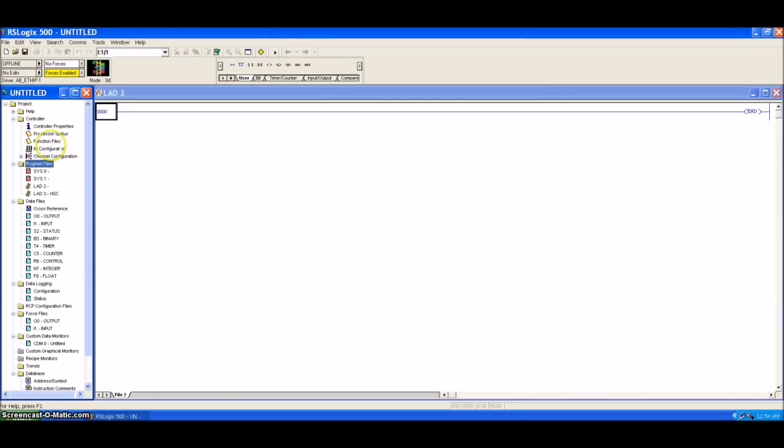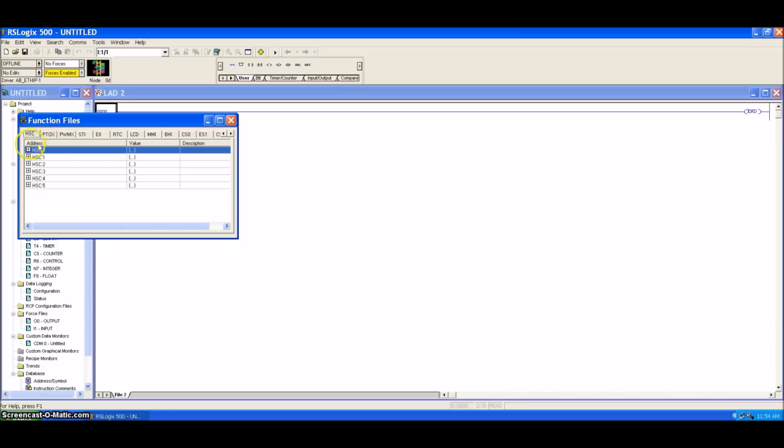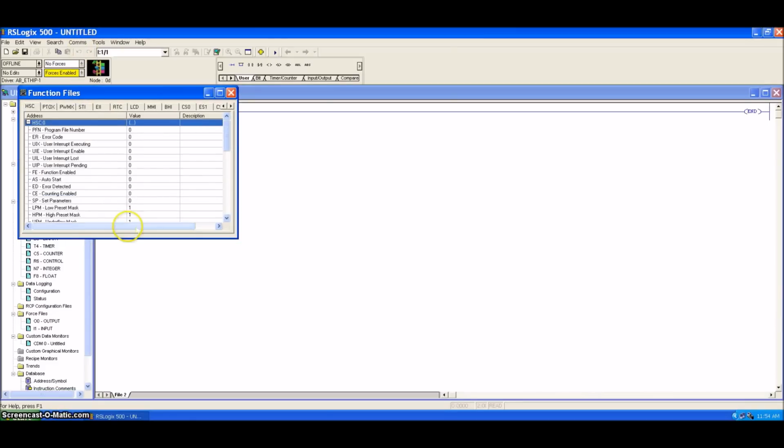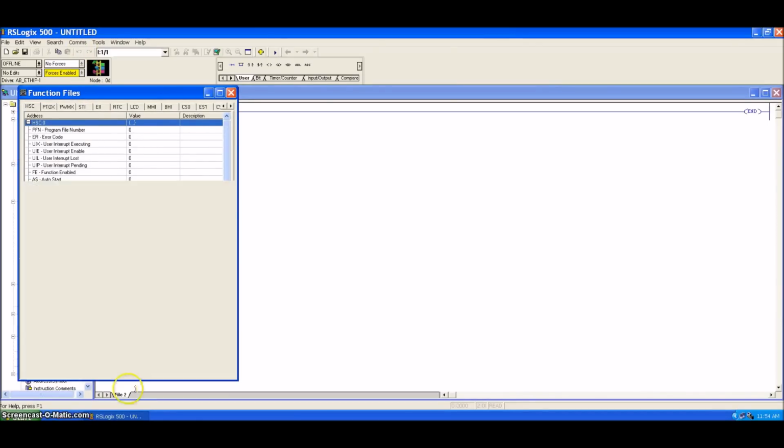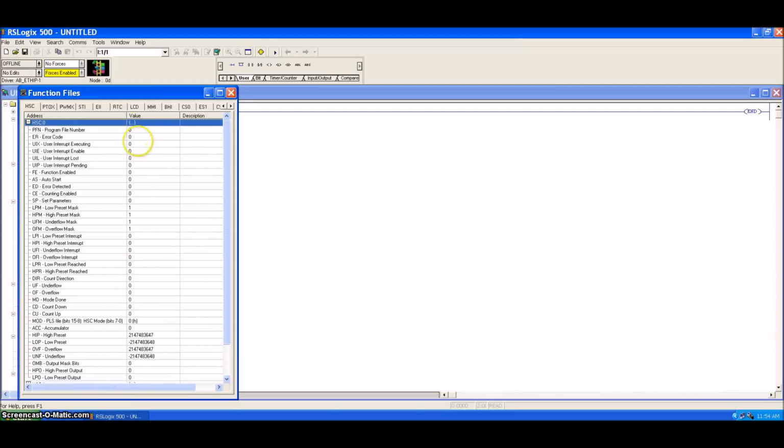Open up the function file and the HSC tab comes up by default. I'll stretch this out so you can see all of it. I'm not going to go into a lot of details of the parameters since AB did an excellent job of defining them in the help section. We will assign the PFN program file number to 3, which is the new routine we created. We will set our UE user interrupt enable to 1. We will set our FE function enabled to 1, our AS auto start to 1, our CE counting enabled to 1,